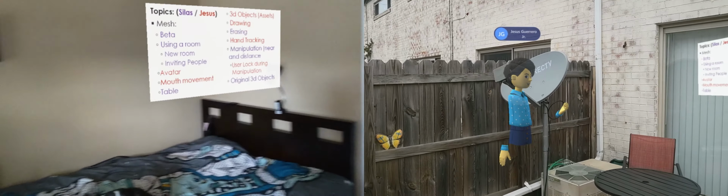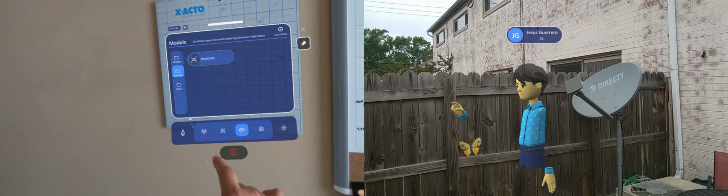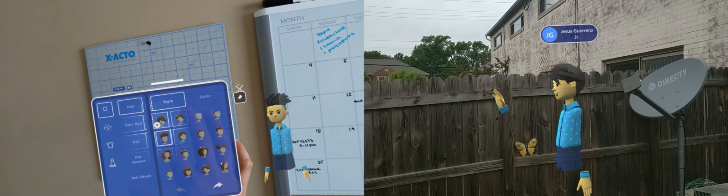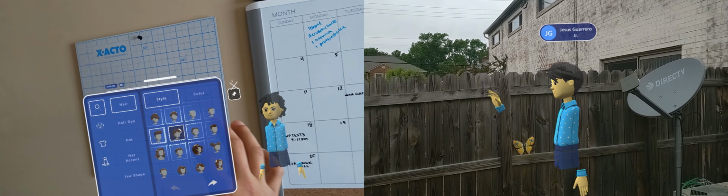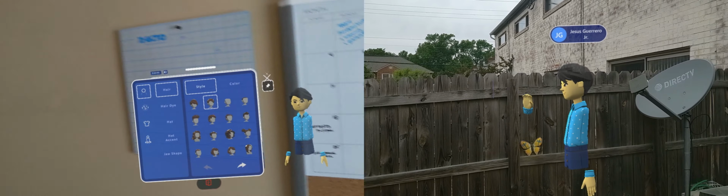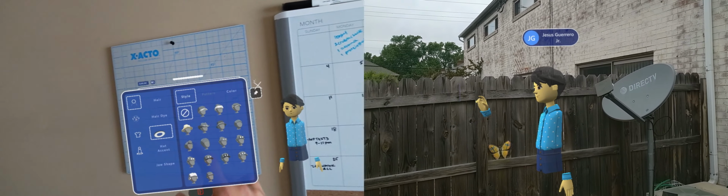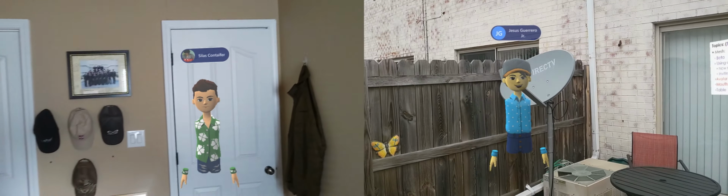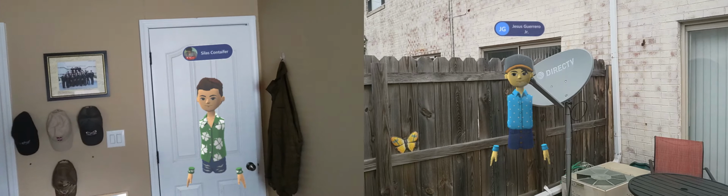So there's a little bit to say about the customizability of your person. I can go over here and change my avatar, what I look like a little bit, just to more represent what I actually look like to other people. Usually I wear a hat, so I'm gonna go ahead and throw that back on. And he should be able to see any of the changes that I made at that point. So great, yeah, you're updated.